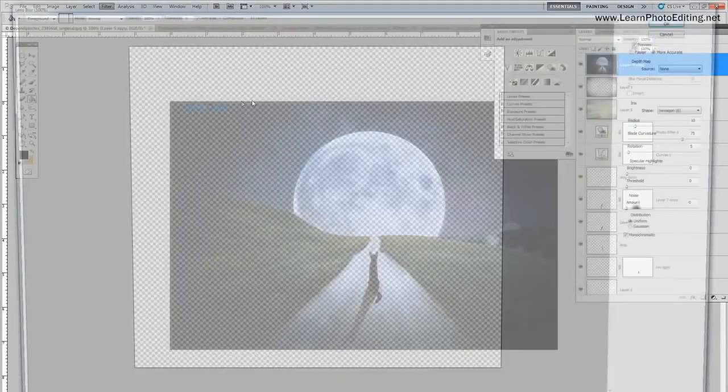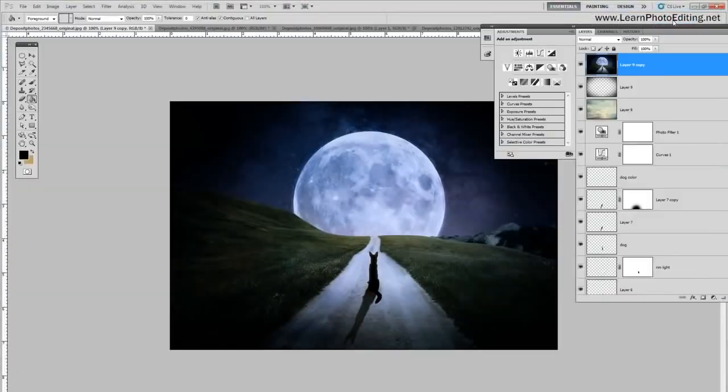Let's put lens blur. Okay, so let's put 50. Then I'm going to create a layer mask,